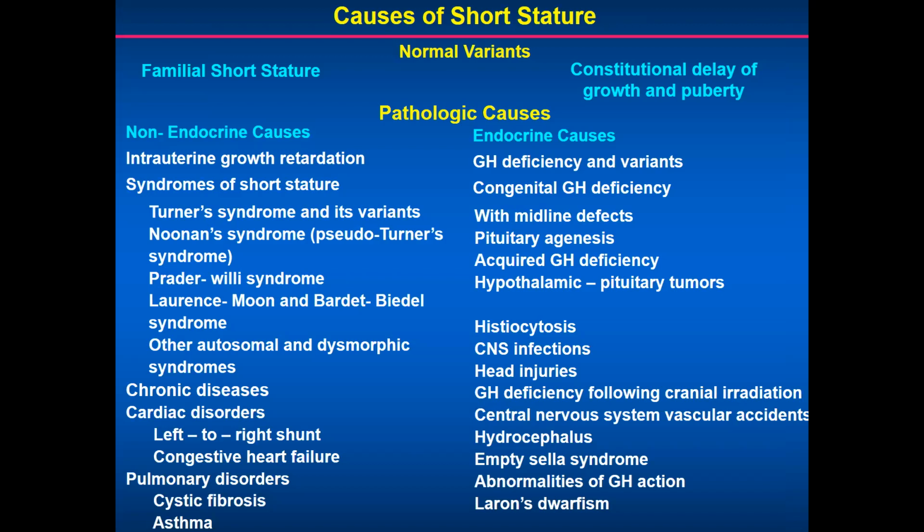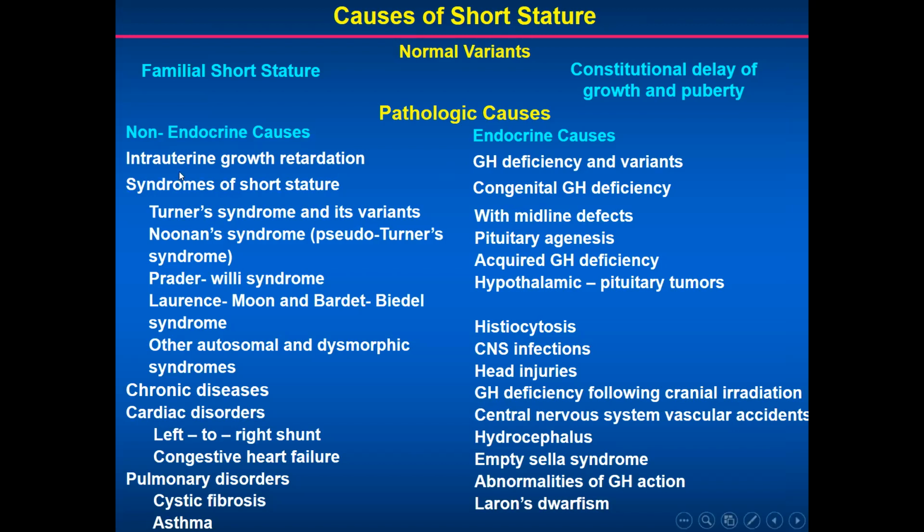Okay, what are the causes of short stature? They include normal variance and pathologic causes. Normal variance, as you can see, are familial short stature and constitutional delay of growth and puberty. Pathologic causes include non-endocrine causes and endocrine causes. Non-endocrine causes on the left include a very long list,